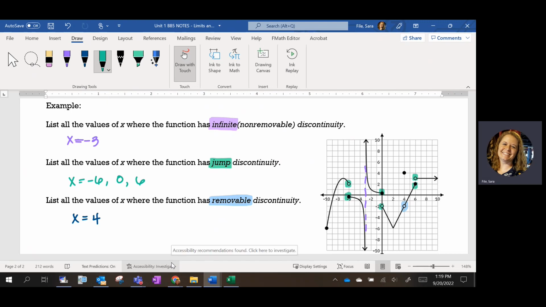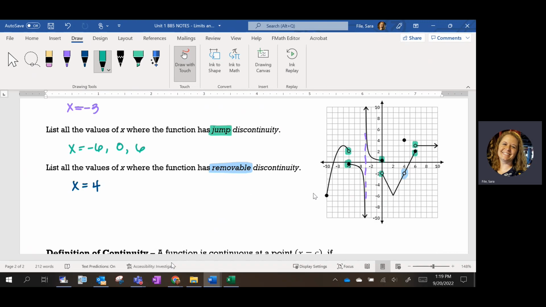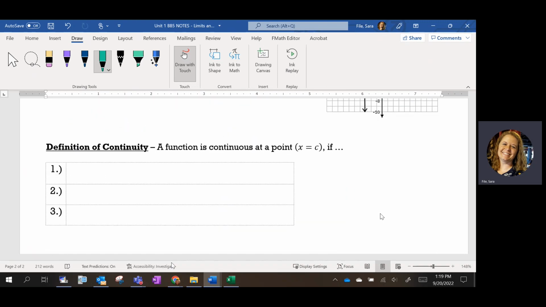So there are a total of 5 discontinuities in this piecewise. Feel okay about that? All right. So the last thing on here that I want to make sure that we have down is the